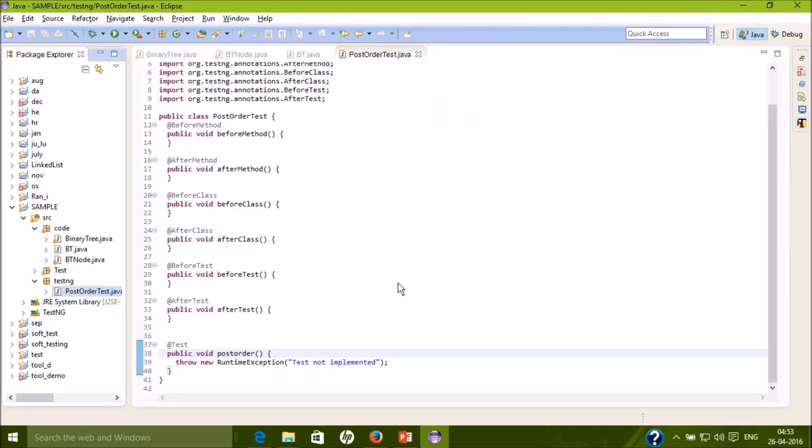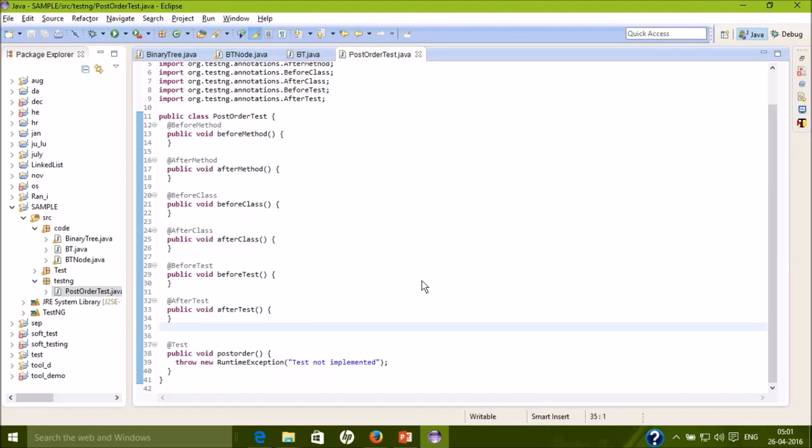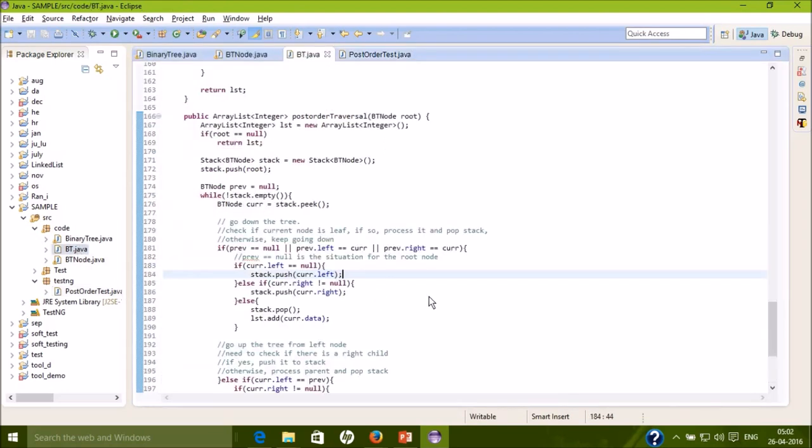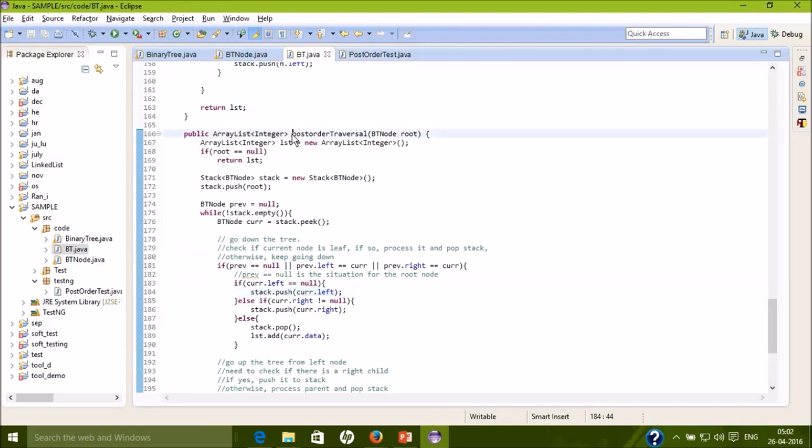So up till now we've looked at the TestNG framework, but we've not really tested anything. So we need to test the post order traversal method. First we need to look at what the implementation of this method is. So we'll go to vt.java where this method is, and this is the method that we want to test.